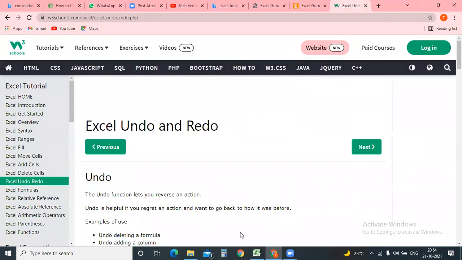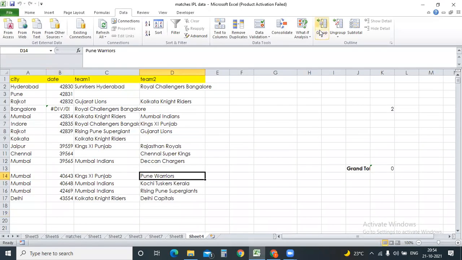Okay, so now coming back. Almost the data tab is also covered, guys. What are the ribbons we have for tomorrow? Can someone tell me which ribbons are pending?